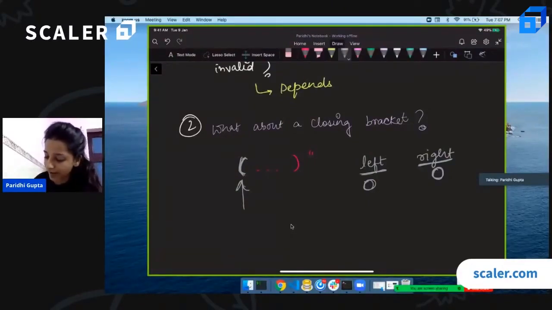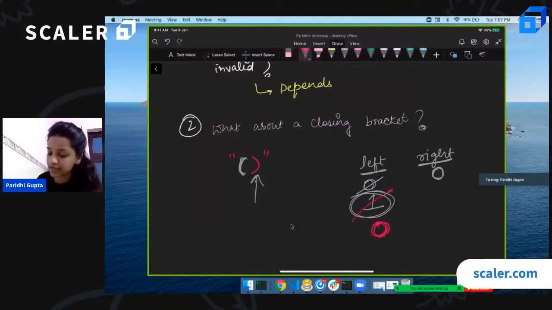I found an opening bracket, so left becomes 1. Now I am here at a closing bracket, so I can simply decrement the value, and that tells us that we found a match for an opening bracket. So we can set this to 0.